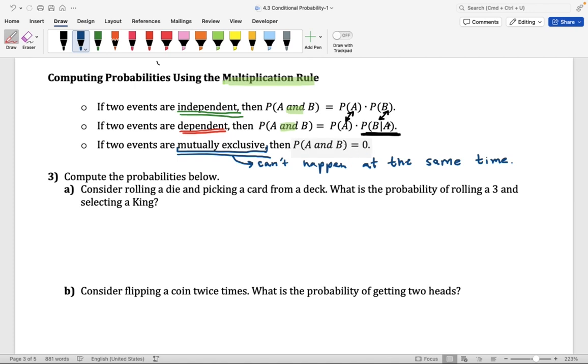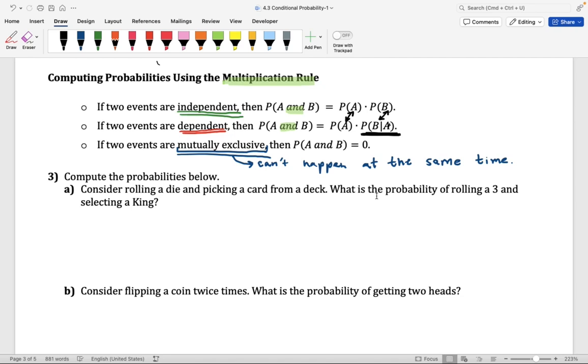They cannot happen together. So here's my recommendation. Whenever you look at the probability of A and B, the first question you should ask yourself is, can the events happen together? Or can they happen at the same time? If the answer is no, they cannot happen at the same time, then you simply write the probability of A and B is equal to 0. Now, if the events can happen at the same time, then you ask yourself, can I see the number of ways A and B can happen from looking at a contingency table that is given to me, or from looking at the possible outcomes from the sample space, right?